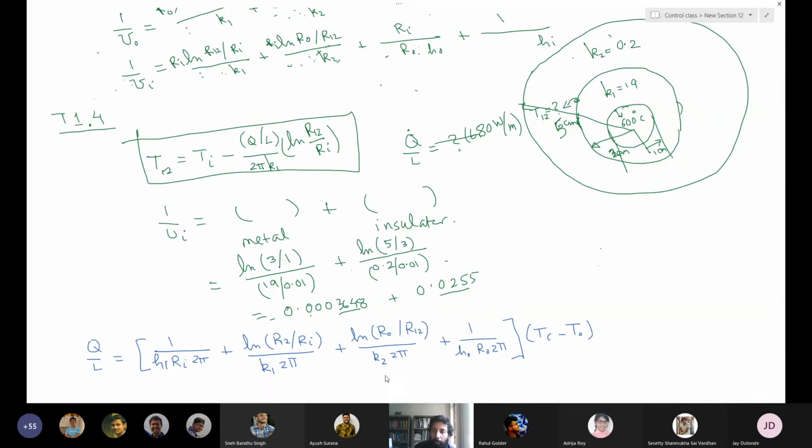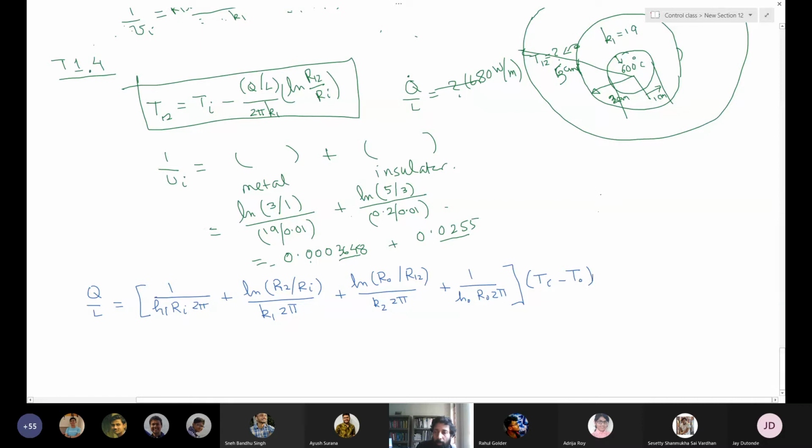So in this expression, we keep everything as constant. Ti, To constant, we won't change it. Ri is the inside pipe diameter, we won't change it. R12 is the outside pipe diameter, we will not change it. All we are doing is putting more and more insulation, so we are changing Ro. So the only variable here is Ro. So if we write dq over L by dRo equals to